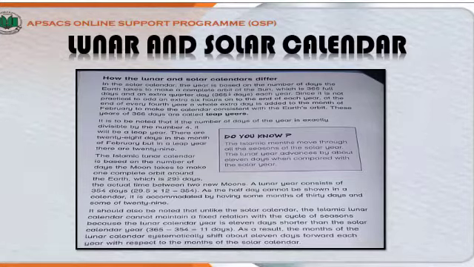The Islamic lunar calendar is based on the number of days the moon takes to make one complete orbit around the earth, which is 29.5 days. The actual time between two new moons, a lunar year, consists of 354 days. 29.5 multiplied by 12 is equal to 354. As the half day cannot be shown in a calendar, it is accommodated by having some months of 30 days and some of 29 days.